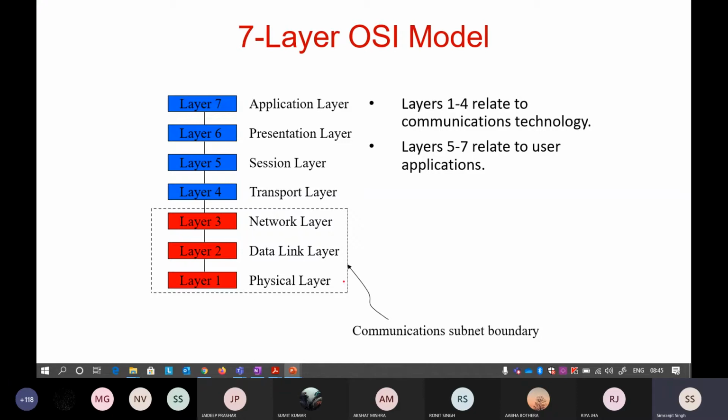Okay, so the first layer is the physical layer. The physical layer just deals with physical equipment like different kinds of wires, routers, and gateways. Okay, I'll talk about these, don't worry about that. So the physical layer deals with physical components like wires, routers, gateways, and anything else that is used for communication. Okay, so this is solely a hardware part. There is nothing software in it.